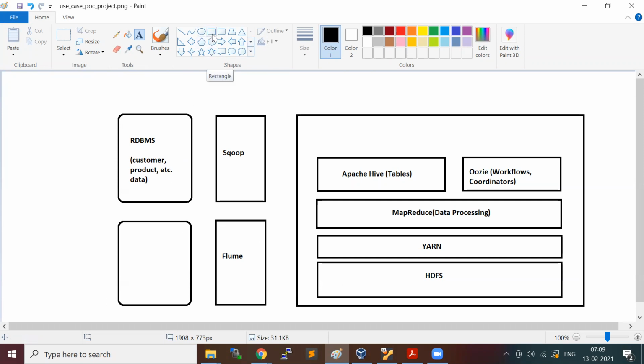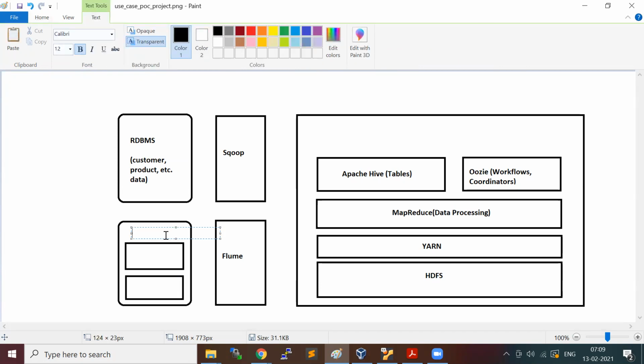There can be different types of source data.